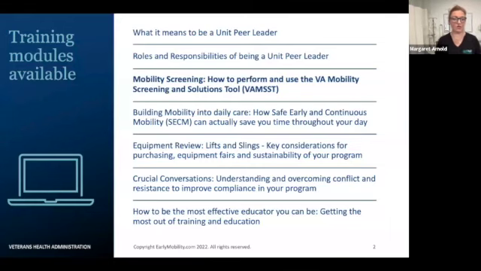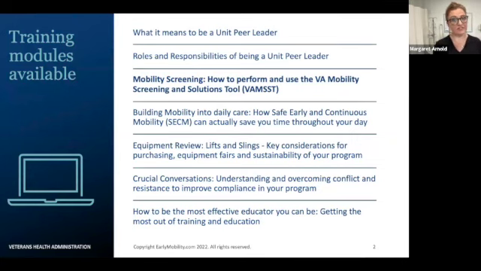This module is one of several modules designed to help you with your annual training, or really anytime you want to do training to help with your unit peer leaders or your safe patient handling and mobility program. The module bundle includes what it means to be a unit peer leader, roles and responsibilities of being a unit peer leader, mobility screening, how to perform and use the VA Mobility Screening and Solutions Tool, or the MSST, building mobility into daily care, how safe, early and continuous mobility, or SECM, can actually save you time throughout the day,